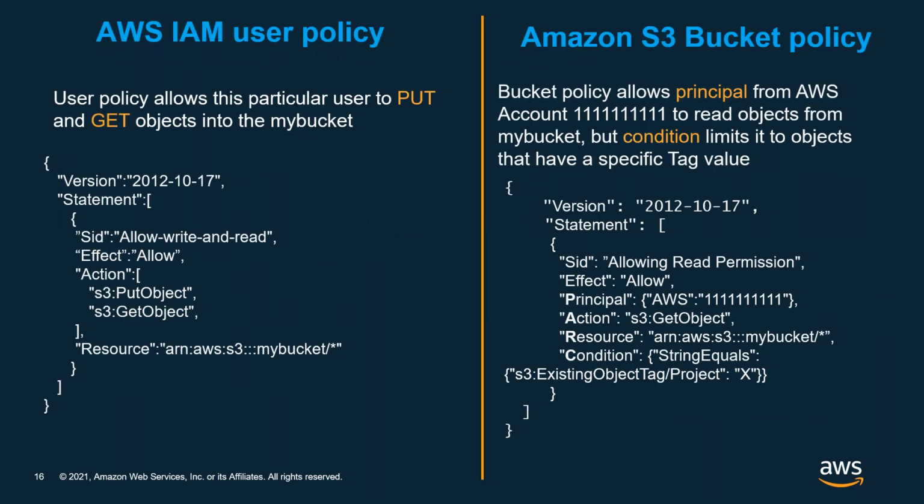And here's some JSON in this next slide to show some of the differences. If we look at the IAM user policy, it's basically allowing that IAM user to do a put object, which would be a write, or a get object, which would be a read, to that specific bucket. In this example, my bucket. Or if we look at the bucket policy for my bucket, it's only allowing a certain AWS account to do get objects to my bucket,